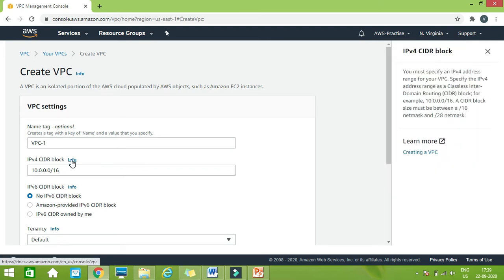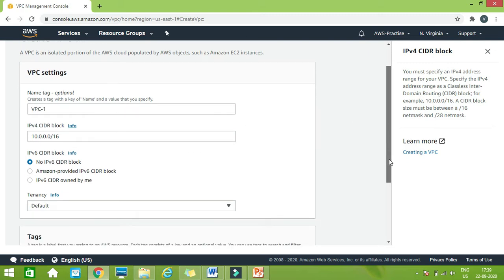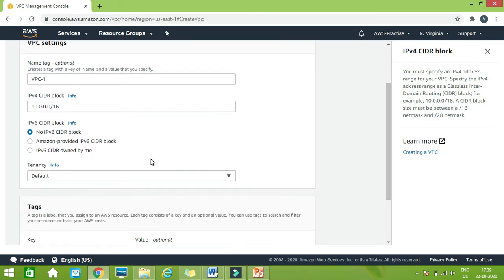You can get more information; the size must be between 16 bits and 28 bits. We are not going to change anything else here. We are keeping the defaults.